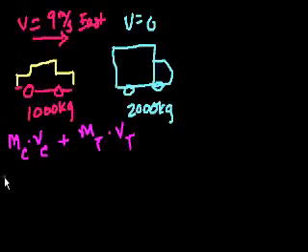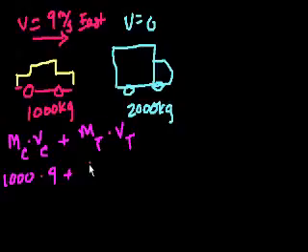So what's the mass of the car? That's 1,000. What's the velocity of the car? It's 9 meters per second. So as you can imagine, the unit of momentum would be kilogram meters per second. So it's 1,000 times 9 kilogram meters per second, but I won't write that right now just to keep things simple, or so I save space.